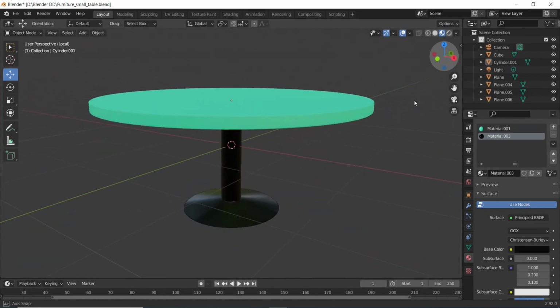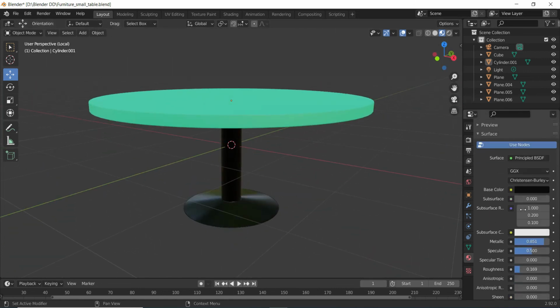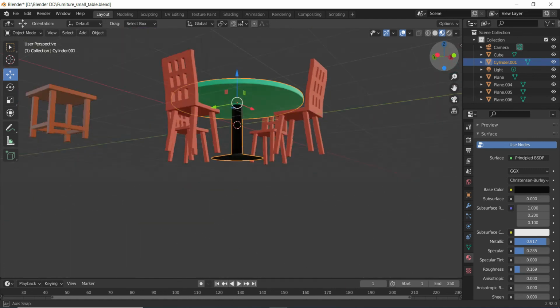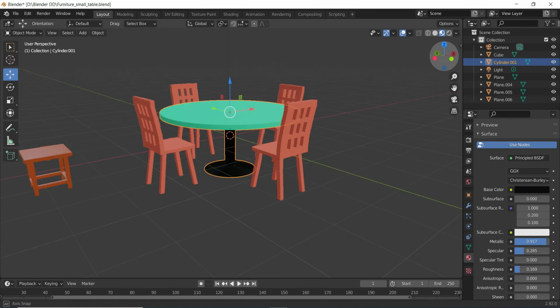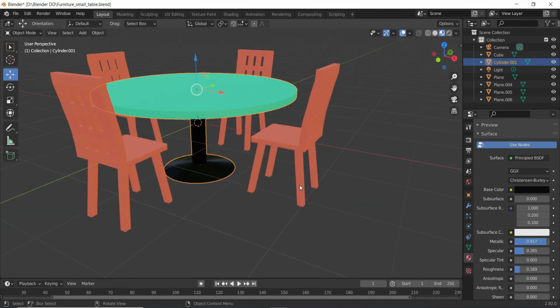So it has good enough shine. Maybe if you want, you can reduce the specular also. Metallic obviously we will keep a bit on the higher side, but specular we can control, with roughness if we want, so that it will look like a real metal pipe which has been spray painted or so. Maybe that sort of look I have in my mind, so I have kept this kind of material. Now once you are satisfied, all you need to do is finish the job.